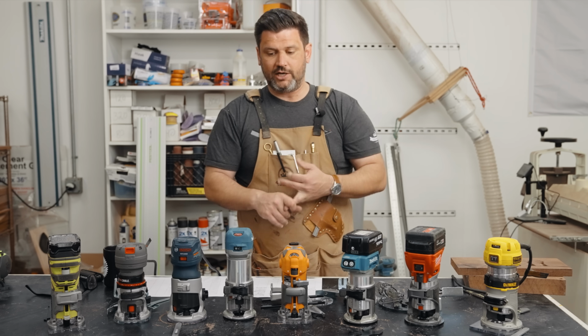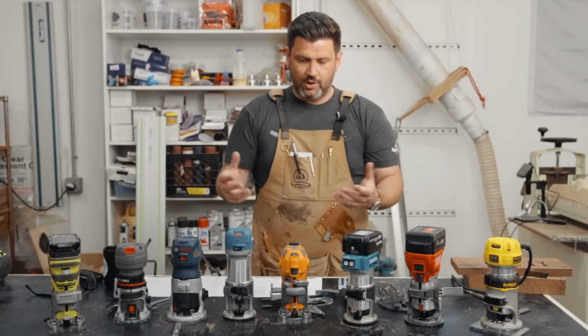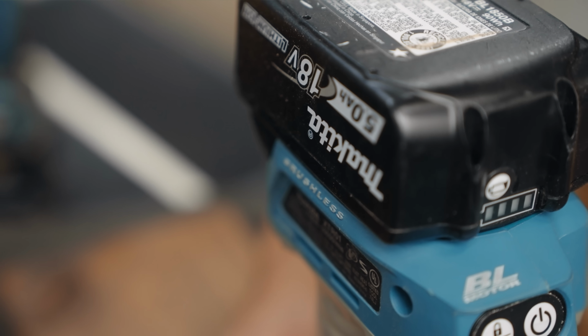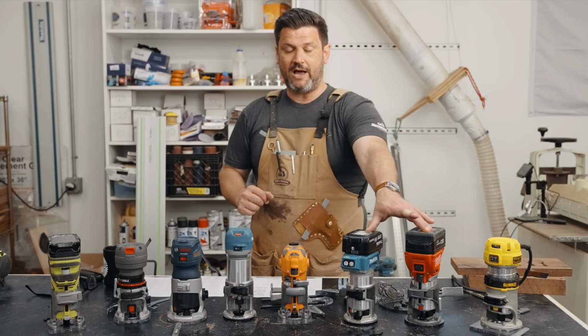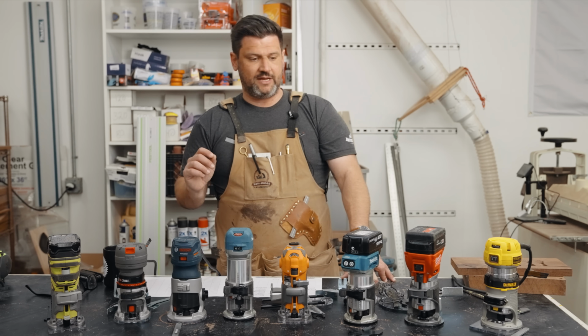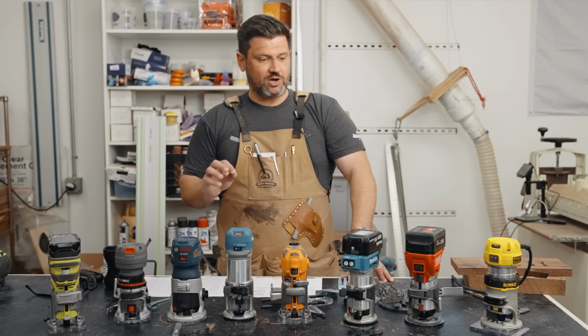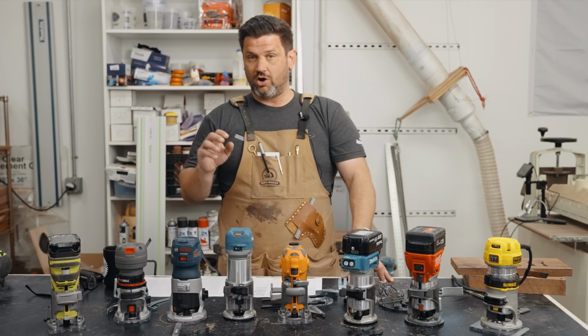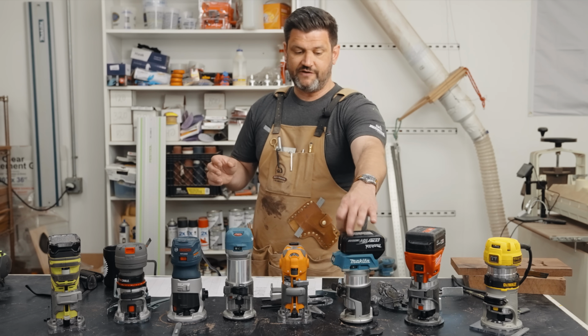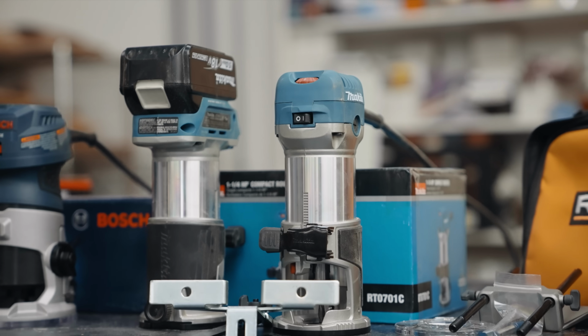Accuracy type of collet, and then you want to think about the power. Now, one of the things that I really had a misconception about was the power of battery operated routers. Both of these battery powered routers actually were much, much stronger than I thought, to the point that it made me do a bunch of Googling and figure out that they actually aren't really much less power. In fact, in the case of Makita, if you use the 5 amp hour batteries, they say it's more powerful